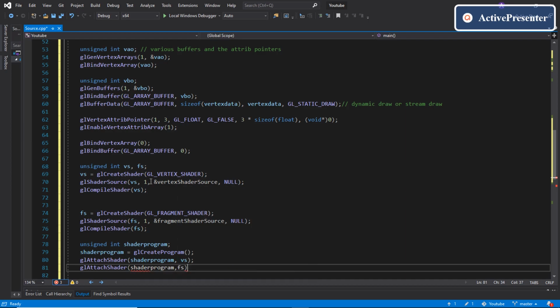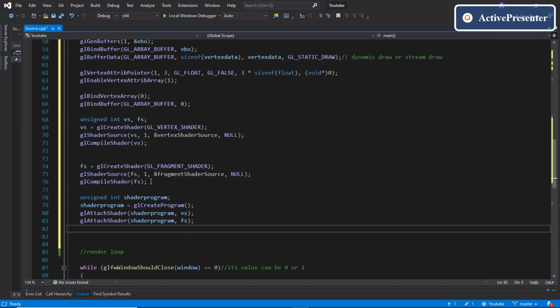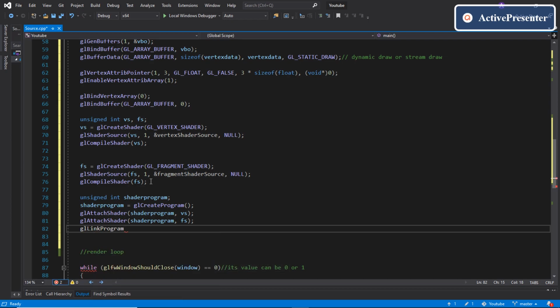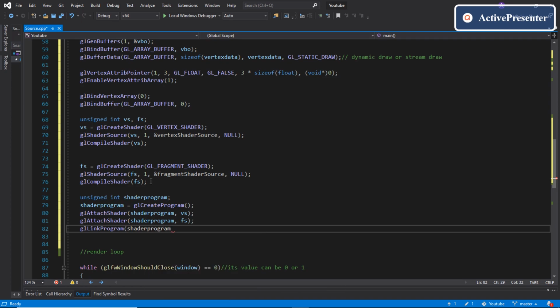Now, after we have attached all the shaders to it, we also have to tell OpenGL to link all the shaders so that a systematic graphics pipeline is created. So we'll use the function glLinkProgram, the program itself, and tada! Finally, all of the configuration is completed.